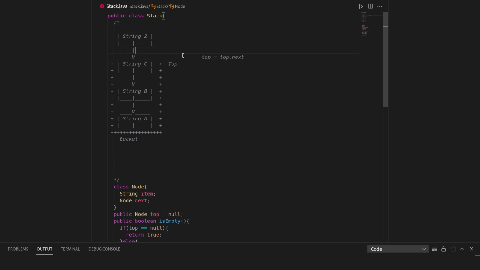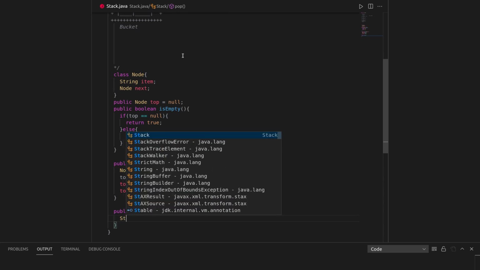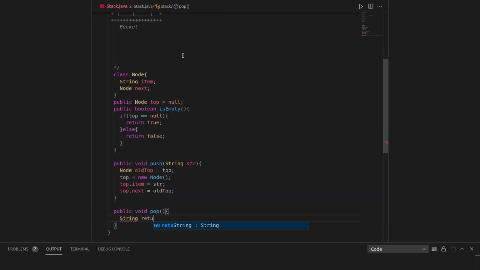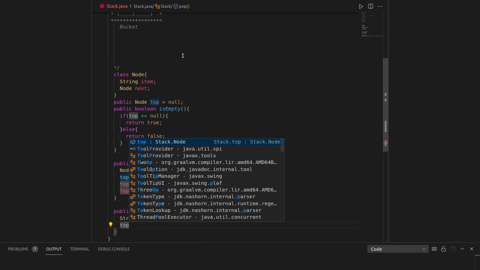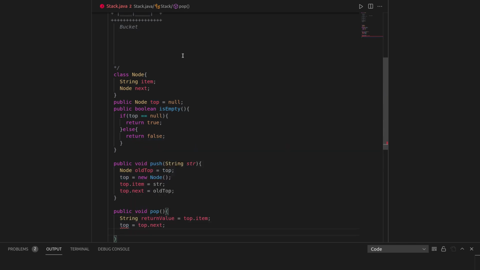And we also have to return the value of the string of the previous top to the user. So first we will store the value of the string. And we will move the top variable one step downwards. Now we can return the string.